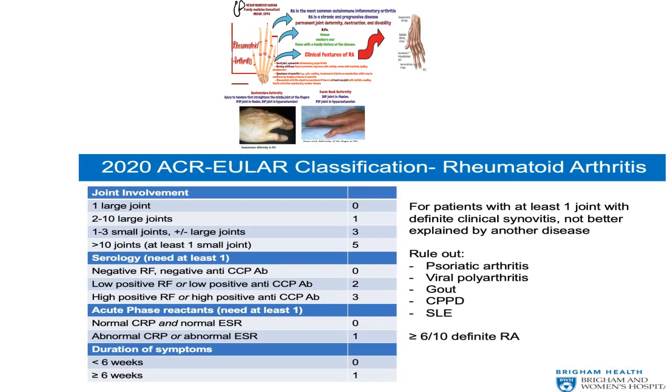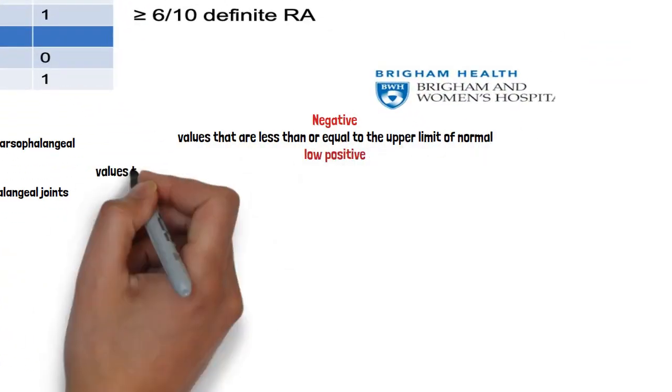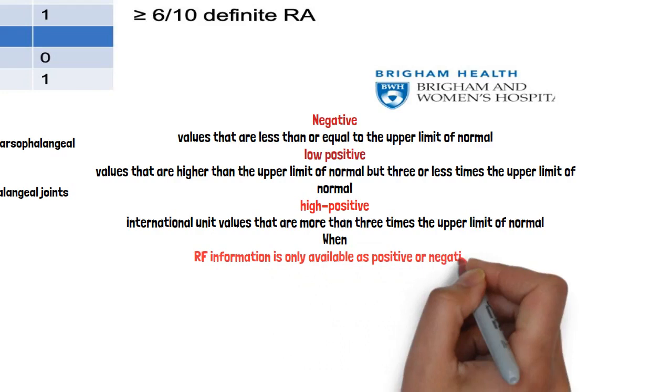The patient may have low positive rheumatoid factor or low positive anti-CCP antibody. He will take 2 points. If he has a high positive rheumatoid factor or high positive anti-CCP antibody, he will take 3 points. Negative refers to international unit values that are less than or equal to the upper limit of normal for the lab